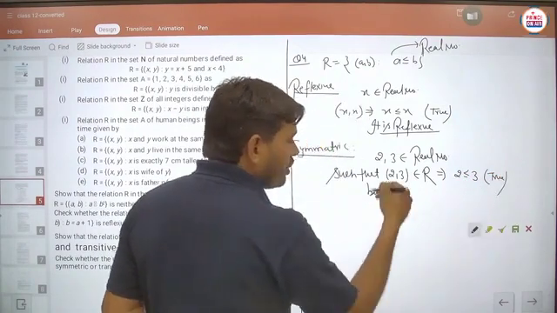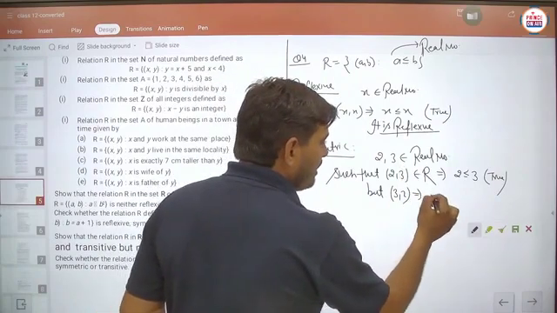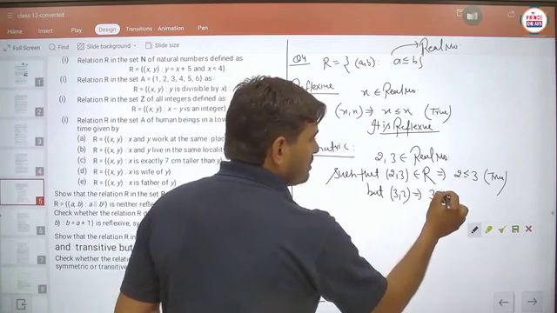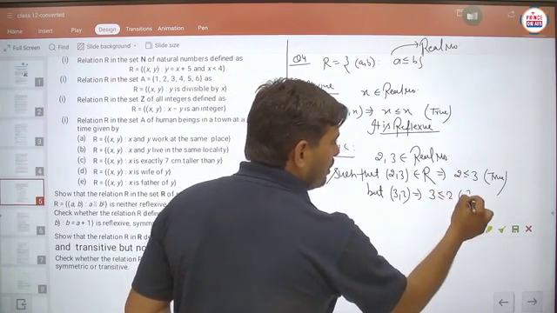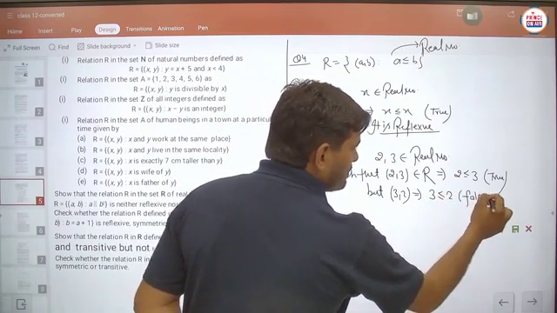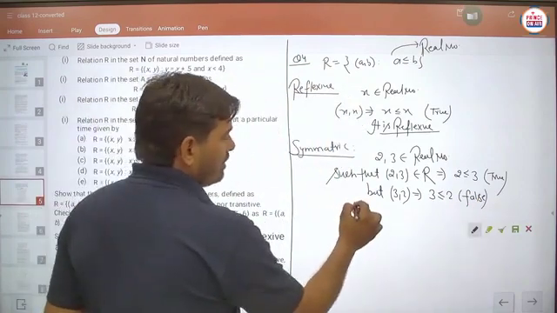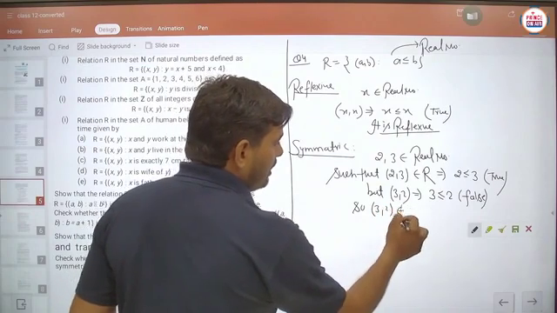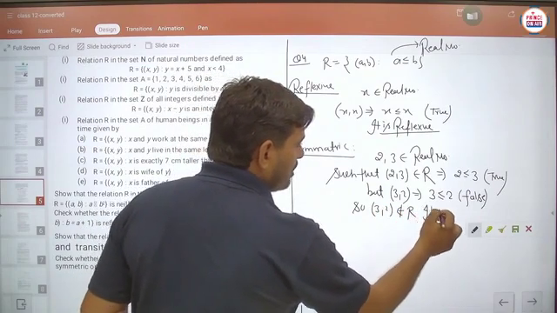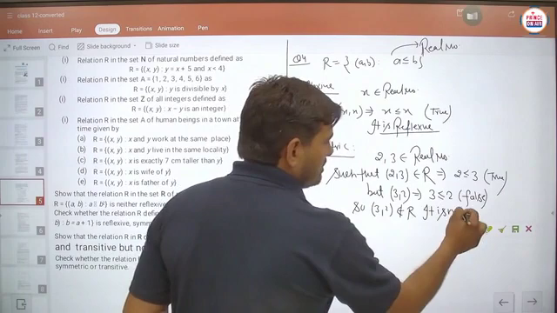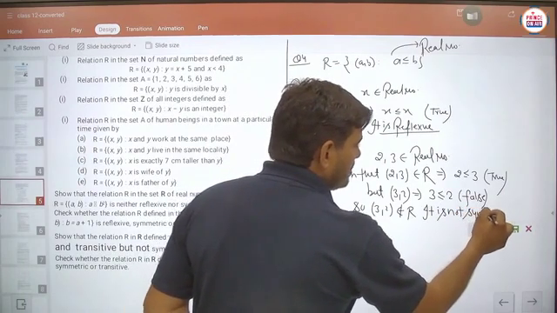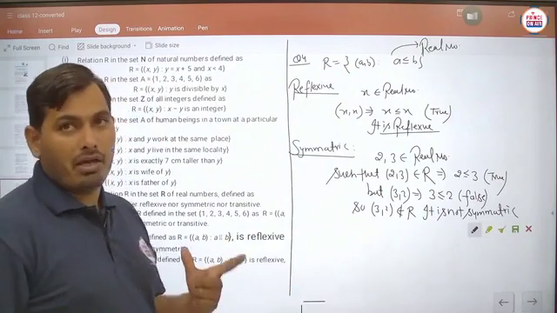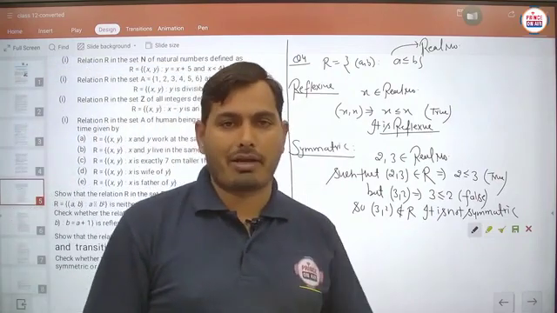But 3 comma 2 then implies that you can say 3 comma 2 is to be written as 3 is less than or equal to 2, which is always found to be false. So 3 comma 2 does not belong to R and it is not symmetric. It is not symmetric means we will just check for a single ordered pair if it is not said to be symmetric. Is it to be clear?